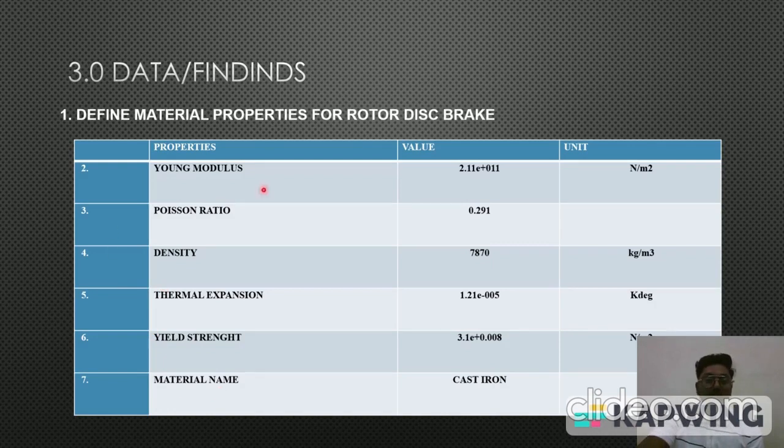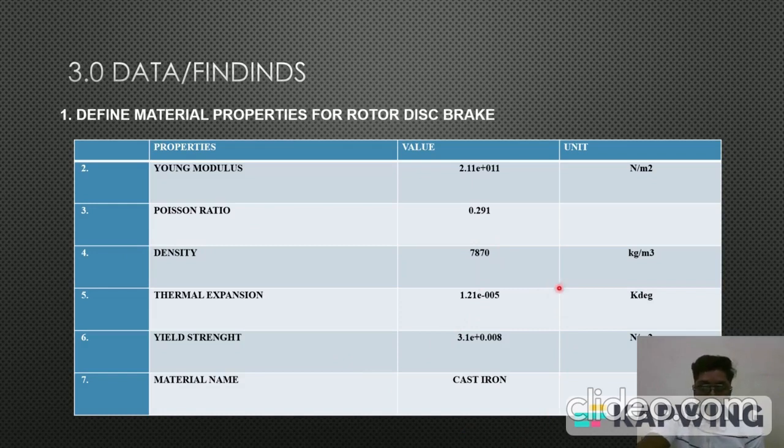Today I want to define our rotor disk material properties. First of all, let's see our Young's modulus. Our Young's modulus value was 2.11 exponent of 11 Newton per meter square. And the Poisson's ratio is 0.291 and the density is 7870